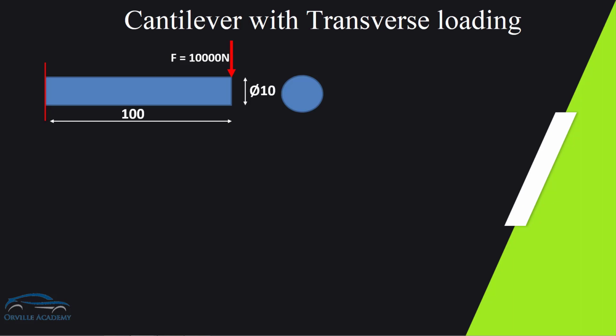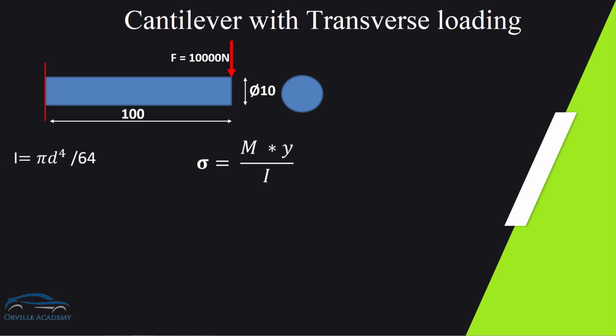So from engineering, we know the formula to calculate the bending stress, which is sigma equal to M upon I into y, where M stands for the bending moment, y is nothing but the distance of the top layer from the neutral axis, and I is the moment of inertia. From this problem, I can see the bending moment is force into perpendicular distance, y is half of the diameter, but the moment of inertia I have to calculate for the circular cross section. We know the formula for the moment of inertia for a circular section, which is pi by 64 d raised to 4.